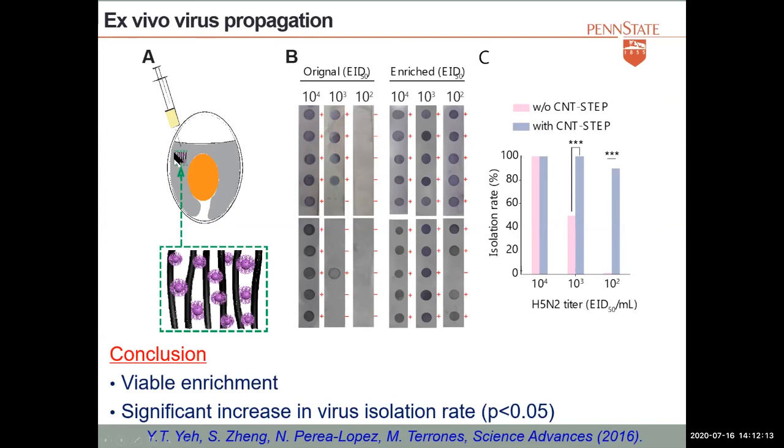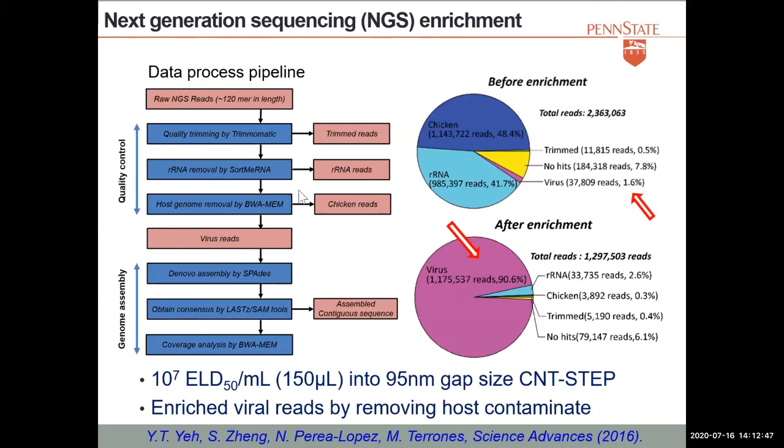So that means you can open your device, you can take your carbon nanotubes with the viruses. You don't have to remove the carbon nanotubes, and you can put it inside a chicken egg, and you can replicate them. And you can also replicate them with cell lines. So this is very interesting because you can show that the replication is even more effective, because you have a concentrated sample. So in terms of developing vaccines, this might be a way to move forward. But one thing that is interesting is that these viruses are still viable if they are in the device.